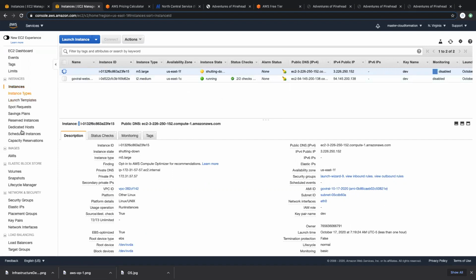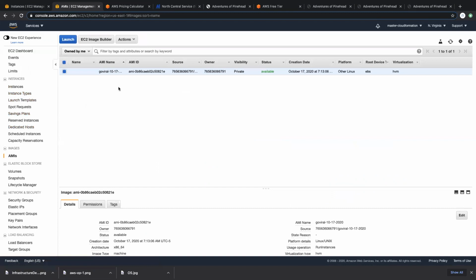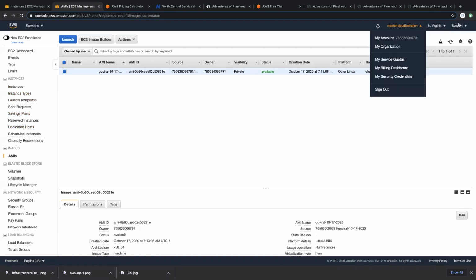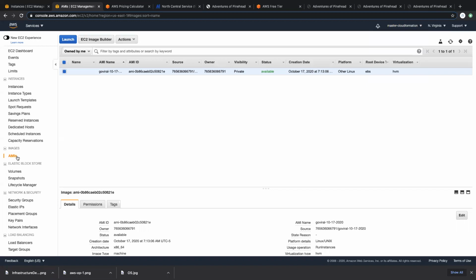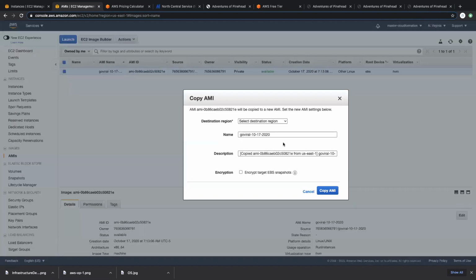While it's terminating, a few things about AMIs. What you can do with this AMI: what if I have an AWS account in a different region? Or what if, for some reason, I'm closing out this account, and can I share it, or can I take it out to somewhere else? The answer is absolutely you can. How you can do this is copy AMI,